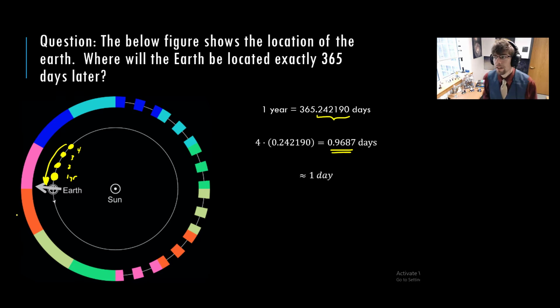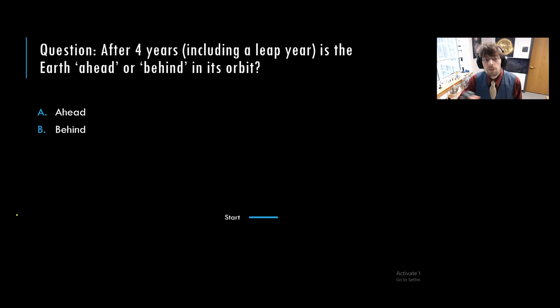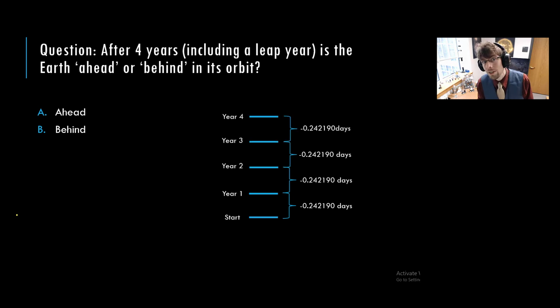Okay, good. So next question for you. After 4 years, including the leap year, is the Earth ahead or behind in its orbit? So we've inserted that extra day. And here I'll just have it graphically. After the 1st year, we're behind by a little under 6 hours, and then a little under 6 hours again and again. But when we add in that leap day,